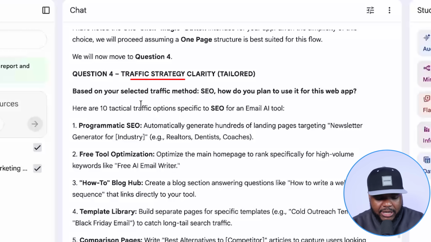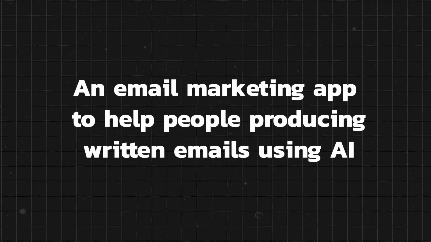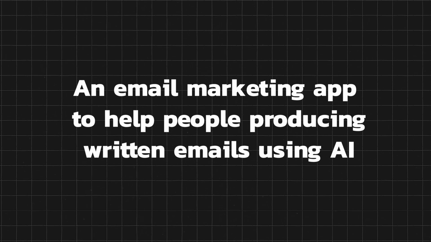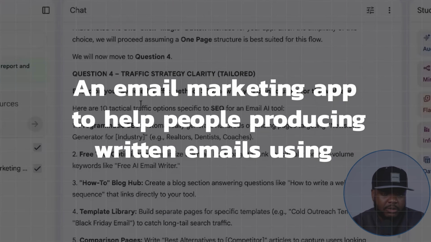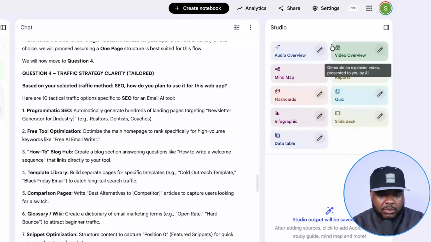It's going to take you through many more questions. It's going to break everything down. I'm not going to bore you with this today. You're going to be able to do this yourself. But I already know what type of app I want to build. It's going to be an email marketing app that's going to help people when it comes to producing written emails using AI. So I definitely recommend using NotebookLM, not just for this, but even when it comes to the studio